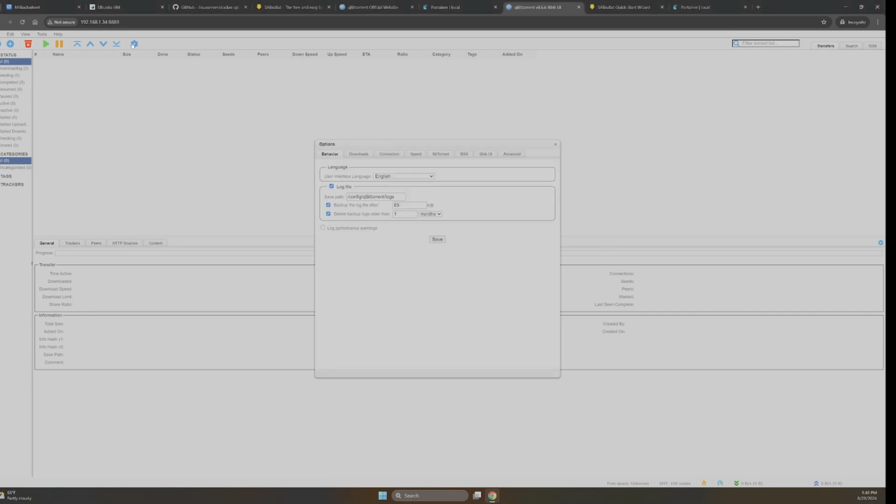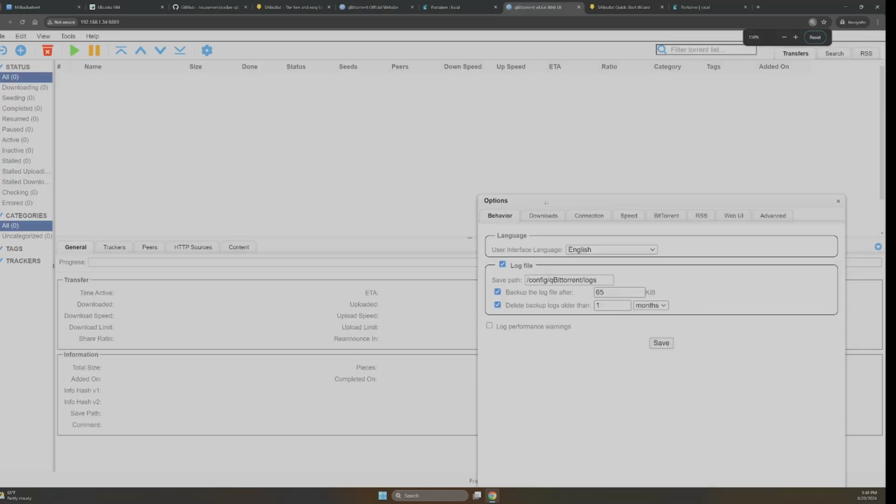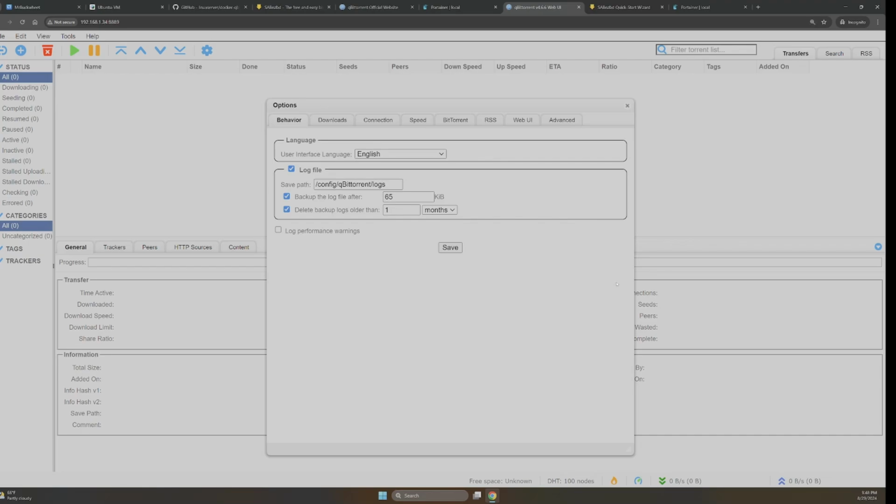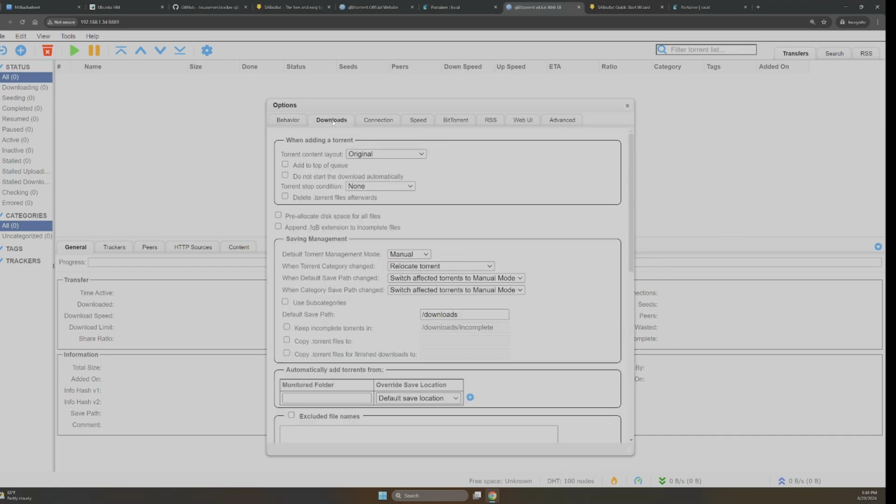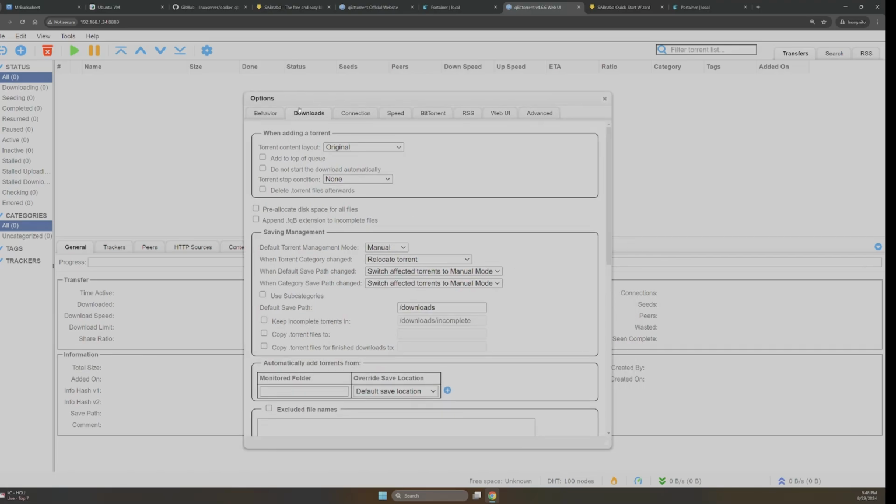So the first thing you're going to want to do is set up your folders here in qBittorrent. And actually, let's make this a little bit bigger so you guys can see, because I'm on a 4K screen, and the last thing I want is you not being able to see anything. All right, so the first thing we're going to do is go to the Downloads tab, and we need to configure the default save paths